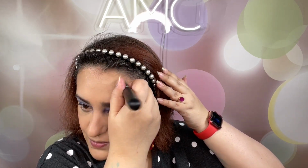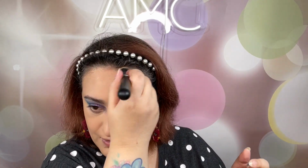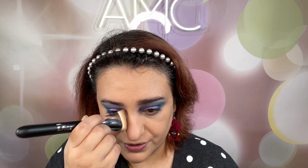Then going over my forehead. I really love this brush by Dior. It's from the Backstage line. It's the number 15 for contouring. And I love this product by Denesamyrix. I love the fine tip of this brush. Excellent for nose contours. And now I am going to go in with my powder bronzer